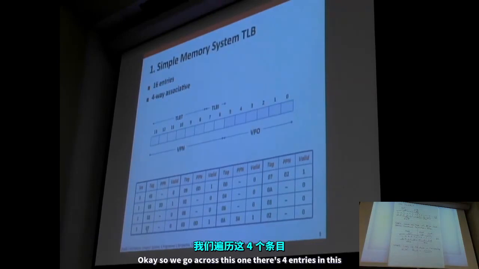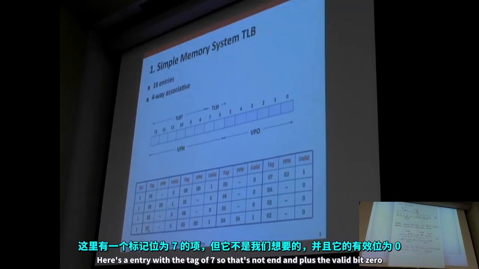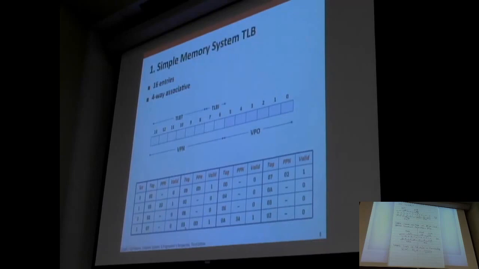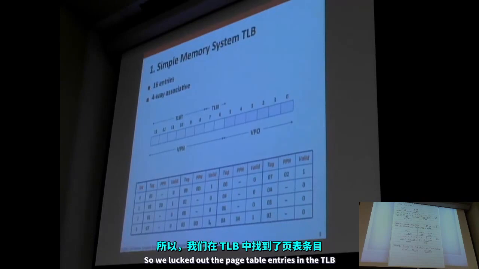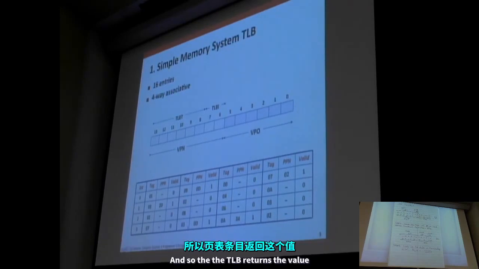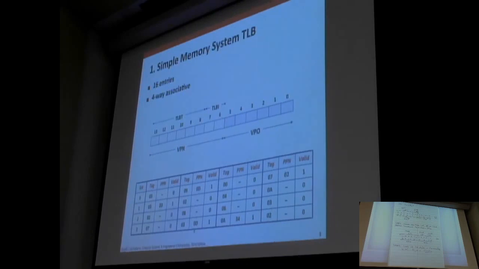There's 4 entries in this. Here's an entry with a tag of 7, so that's not it, and plus the valid bit's 0. Here's an entry with a tag of 3 and a valid bit of 1. So we lucked out. The page table entry's in the TLB, and so the TLB returns the value,